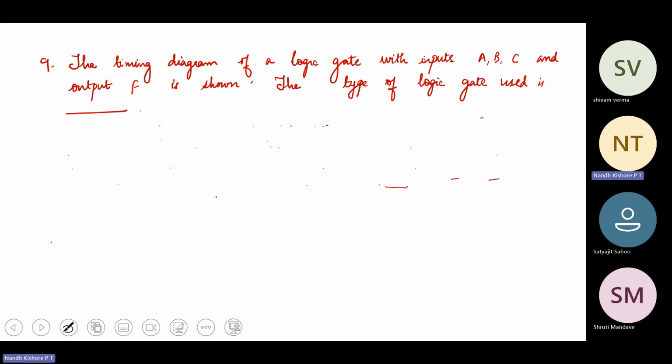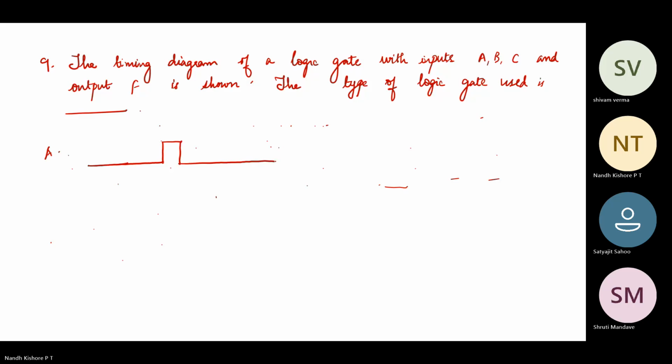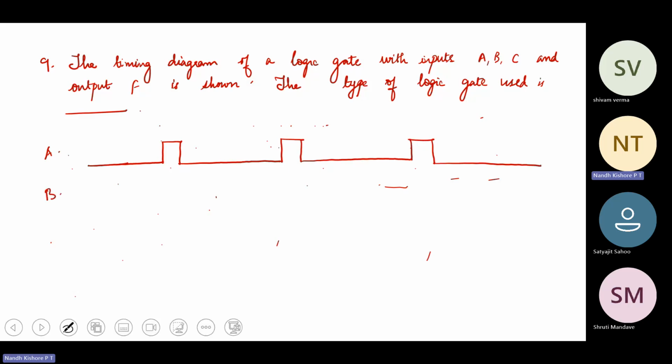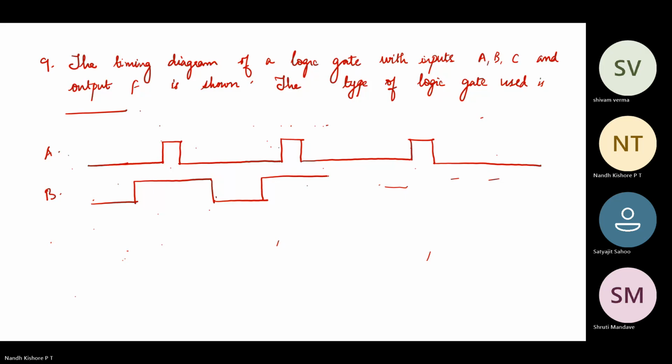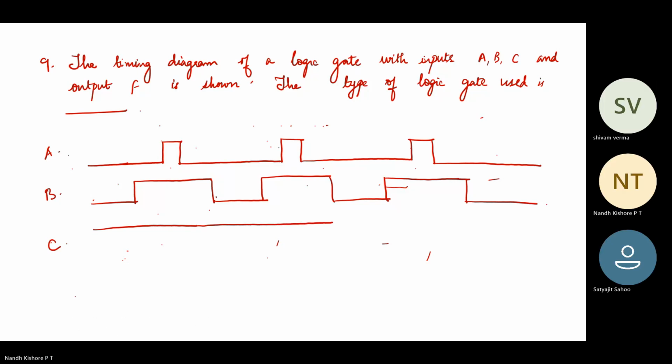So the question is, A is given to be, okay, this is A, and you have B, which is, okay, this is B, and C is, okay. Now the output F, right? These are the inputs. The output F that is given is,